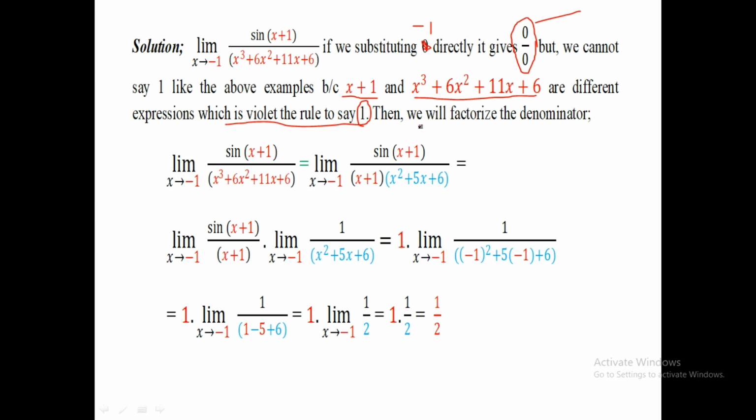Then we will factorize the denominator by x plus 1. You can factorize this one using long division, or divide the denominator by this one, x plus 1. Use long division and you will have a quotient like this: x plus 1 times x squared plus 5x plus 6. So using the property of the limit, I segregate